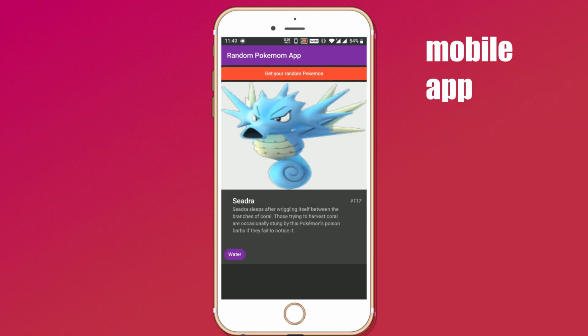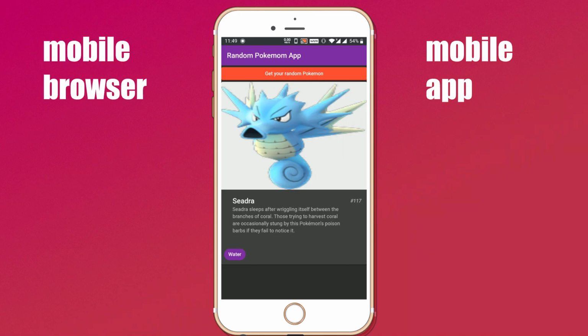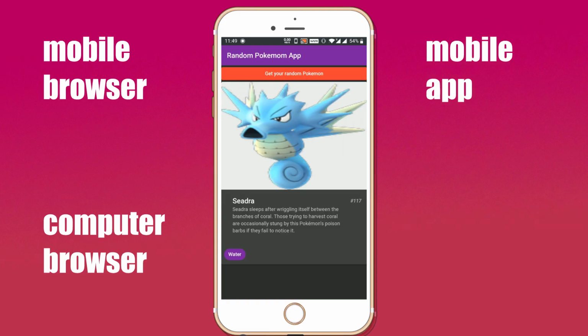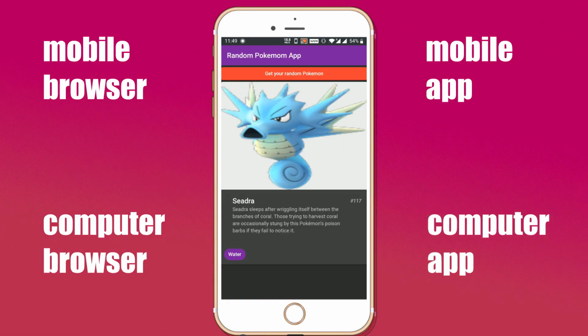So we made this application work on 4 different platforms. We tried to run this application on a mobile browser. We installed this application as a native application on mobile. We tried to access this application on a computer browser, and also we tried to access this application as a native application on computer. And this worked awesomely everywhere. I had to just host this application once on a server and distribute it everywhere with ease by just accessing the URL. Also, the behavior of the application stays the same throughout the different platforms, and you just have to write the code only once.